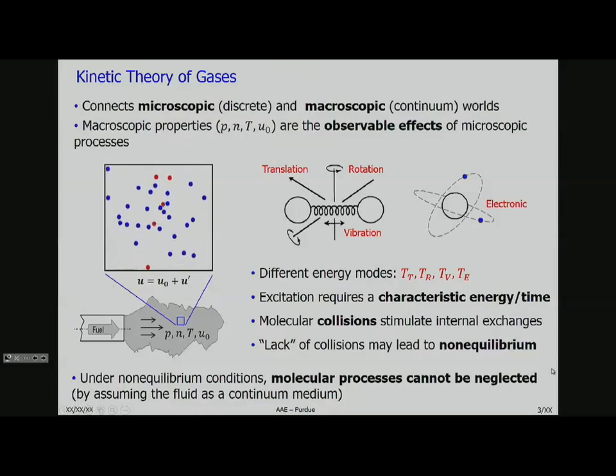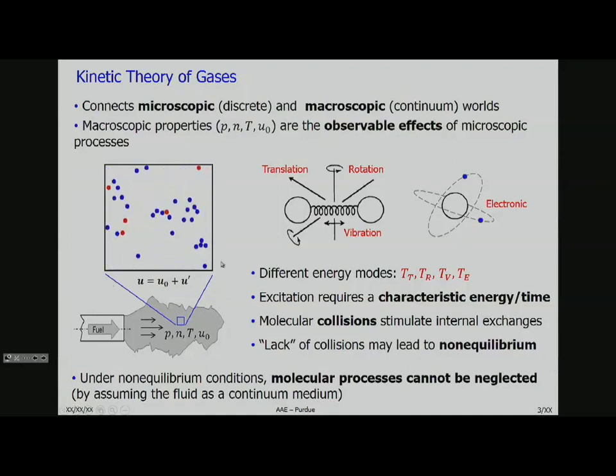So kinetic theory of gases connects microscopic to macroscopic worlds. The microscopic is specifically on the molecular level. Macroscopic are the overall properties you see, like pressure, number density, temperature, and velocity, and those are connected. So if you